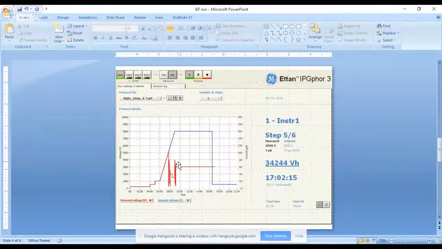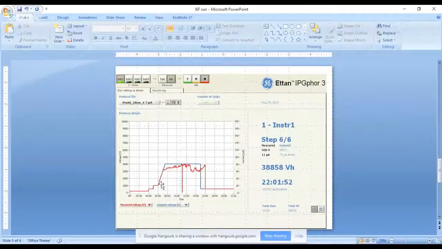Now, if there is some salt in the samples, here you can see some interference with the voltage. The blue line is what we already set, and once the voltage reaches 5000 volts, the voltage does not go beyond 5000 because there is some salt interfering. You can see another example of how an IEF run can look. Here also you can see the voltage is not reaching 4000. It means we have to clean up those samples before isoelectric focusing, or the first dimension.